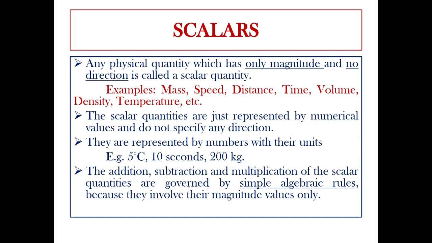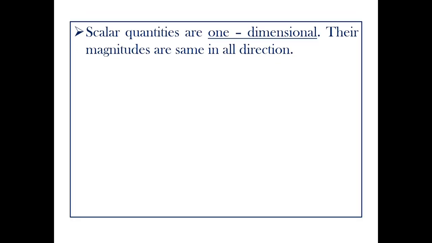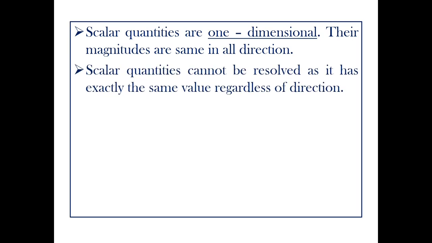See, if we want to add two scalars, or do a subtraction or multiplication of the scalar quantities, they are simply governed by algebraic rules. We can do simple arithmetic like addition or subtraction, because the scalar quantities involve only magnitudes. The scalar quantities are called one-dimensional quantities because their magnitudes are the same in all directions,